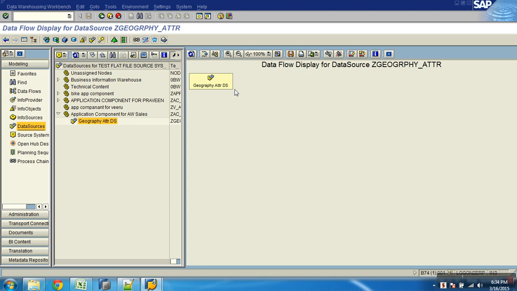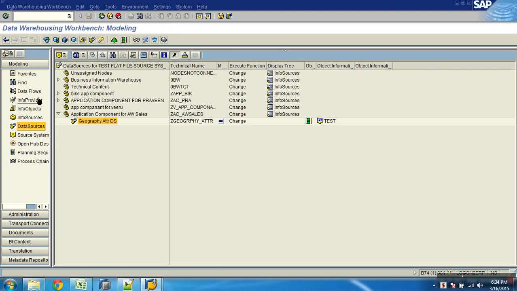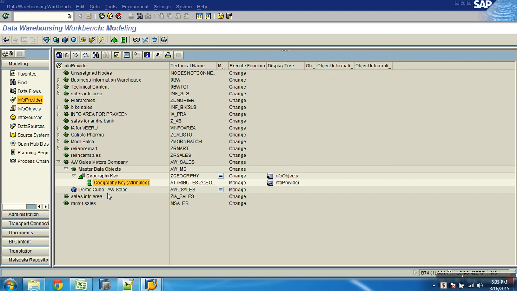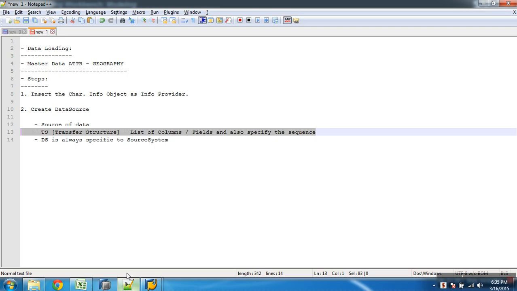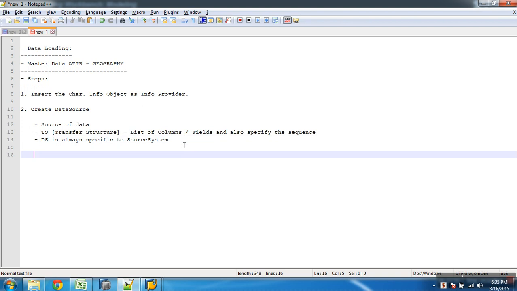So what would I do? Remember your data source name. Just select this data source. I need to connect both of them, with what? So I'm doing mapping here. The data source has fields. My target has attribute info objects. Now I need to say which field in my data source will populate data into which info object in my target. So the mapping between these two is what you perform with transformations. Clear? So what would be the next step?